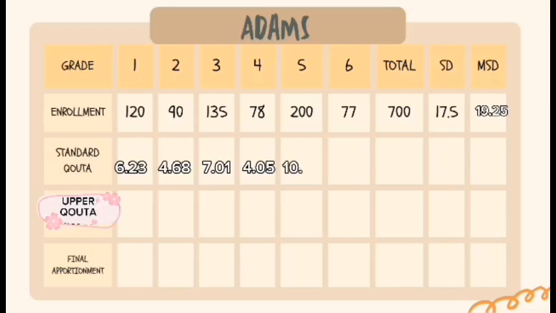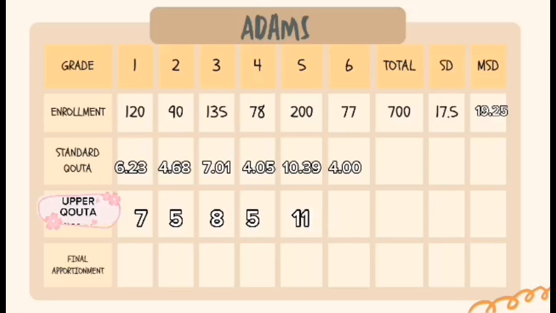200 divided by 19.25 is equal to 10.39. Then the last one, 77 divided by 19.25 is equal to 4.00. So this time, kukunin na natin yung upper quota, which means magra-round up tayo. So yung mga may 2 decimal places is ira-round up natin yan. So yung 6.23 is magiging 7, 4.68 is magiging 5, 7.01 is magiging 8, 4.05 is magiging 5, 10.39 is